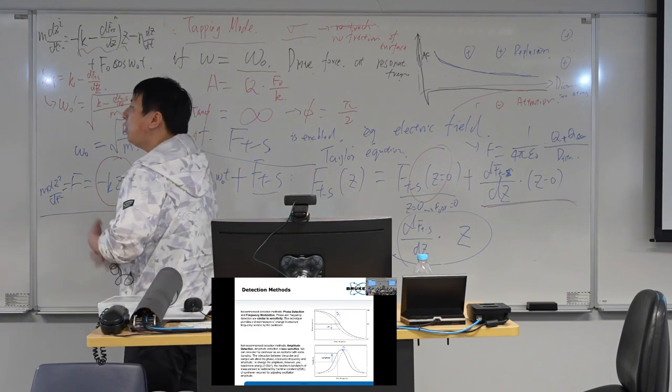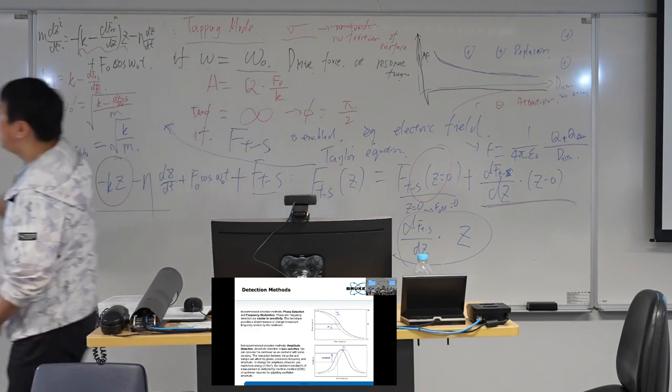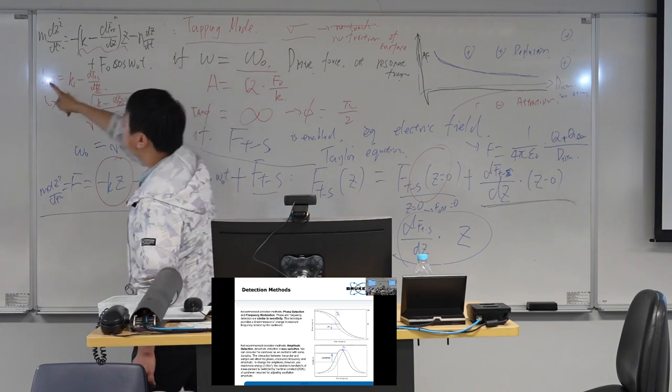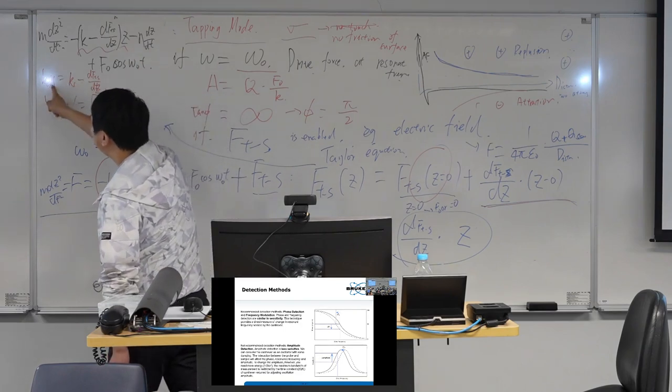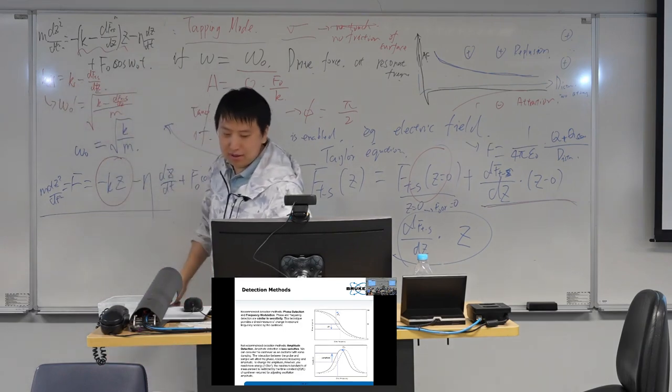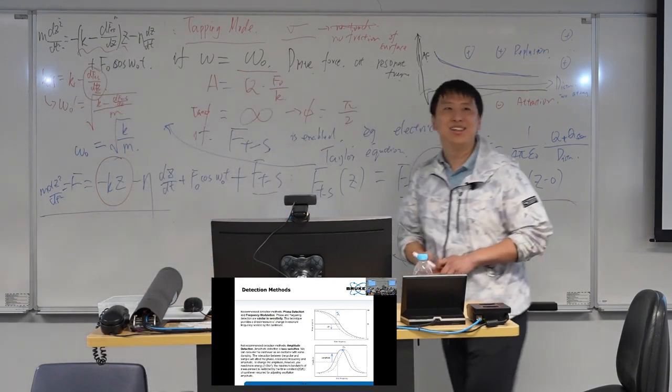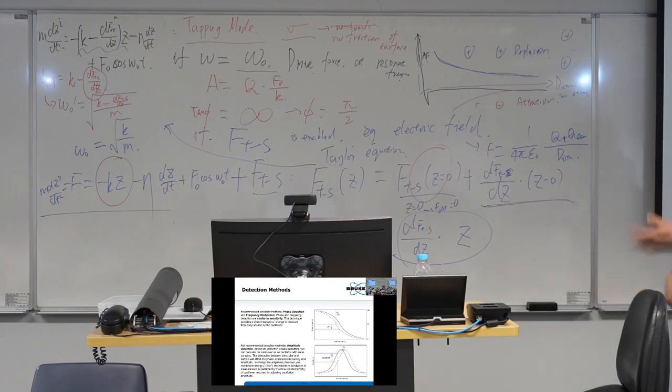So we detect the amplitude or phase, and we can know this shift of the resonance frequency. We know the resonance frequency shift, so we know the spring constant shift. We get this one. Okay, sorry, it's a long story, but